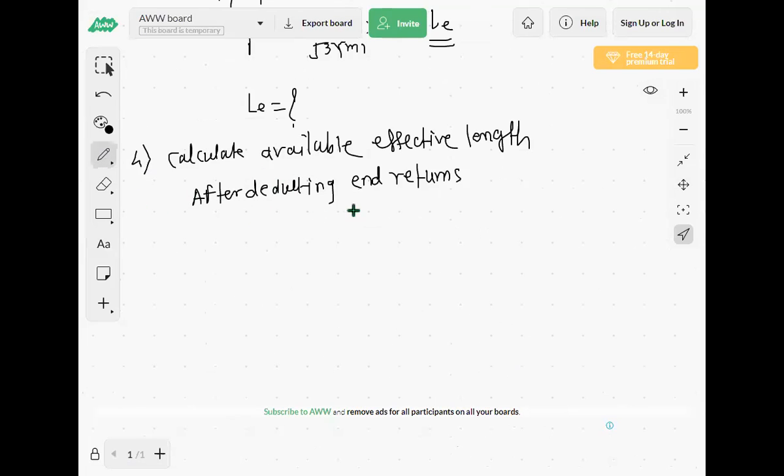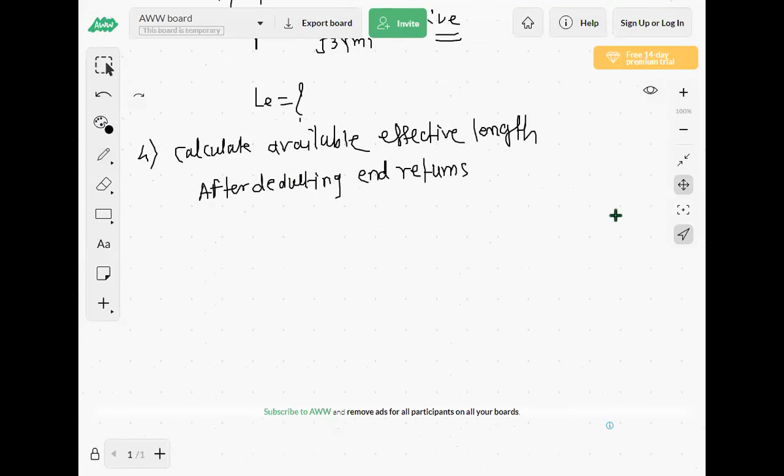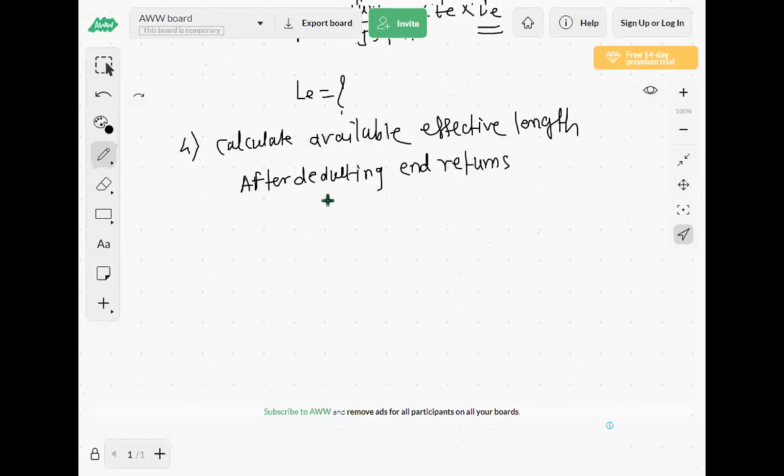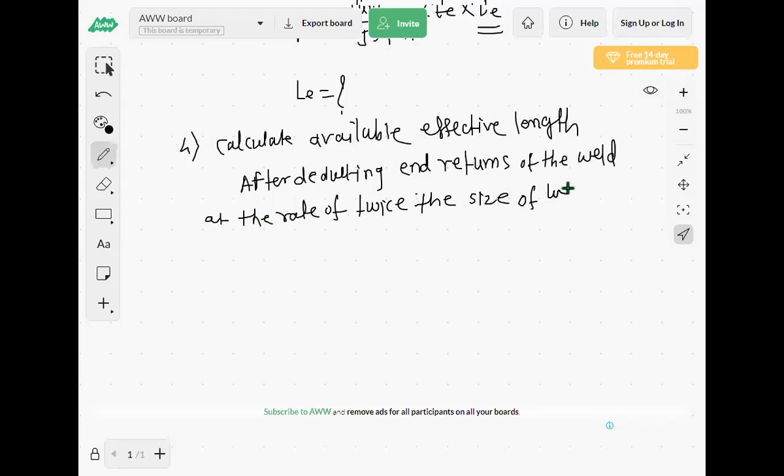And after deducting the end returns of the weld at the rate of twice the size of weld at each end. So this sentence is very important for MCQ. Please everyone note this. After deducting the end returns of the weld,